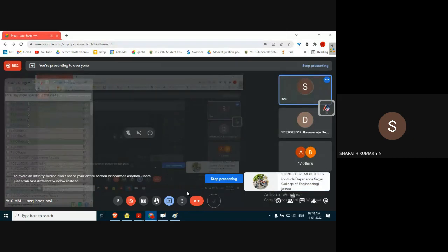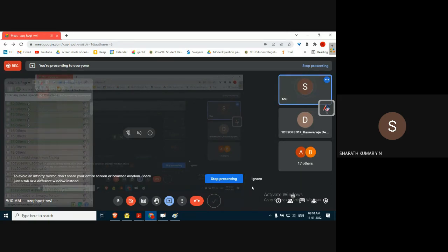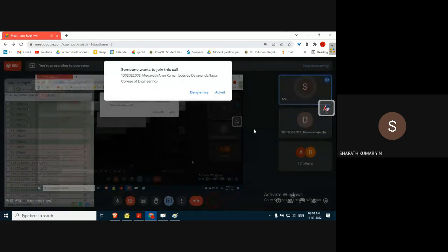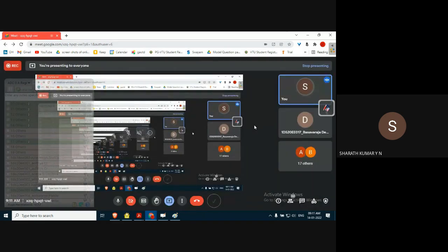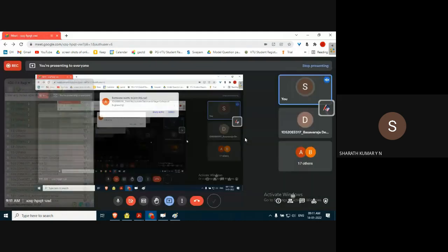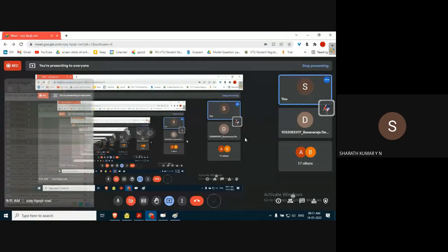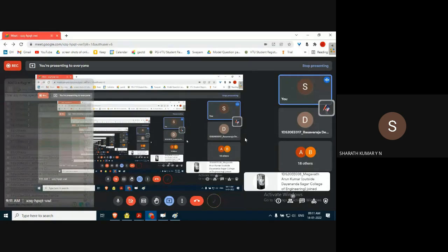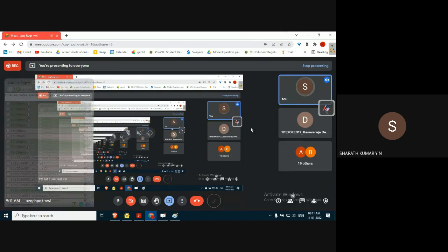Last class we discussed the register, shift register. Of course, shift register is explicitly not mentioned in the syllabus, but it's part of our laboratory curriculum. So it is important to know the shift registers, plus registers form the basis for the counters. Flip-flops are the basis for the registers, registers the basis for the counters. And counters are used in most of our applications, embedded applications, controllers, microcontrollers, microprocessors.